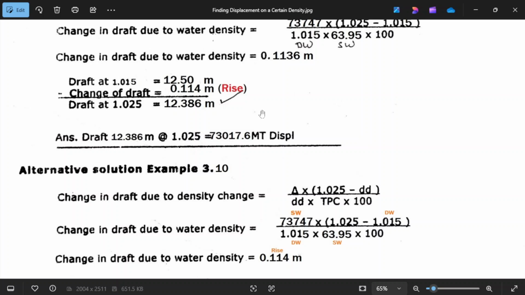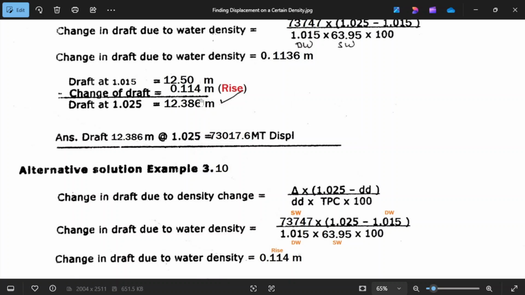Again, I repeat, if your draft is 12.5 and you're going to seawater, usually the tendency of the vessel is to rise up. That's why it is called rise. Since your draft here is 12.5, the vessel is moving up, which means your draft here will reduce. That's why 12.5 minus your change of draft, and your draft at seawater will be 12.386.